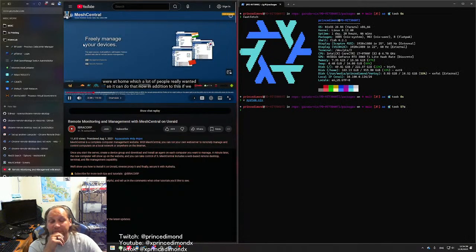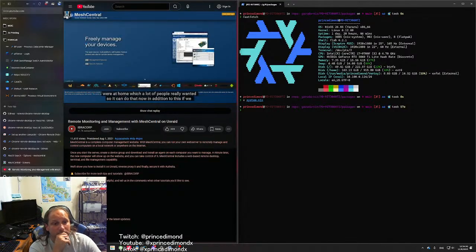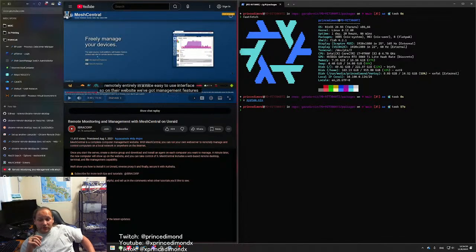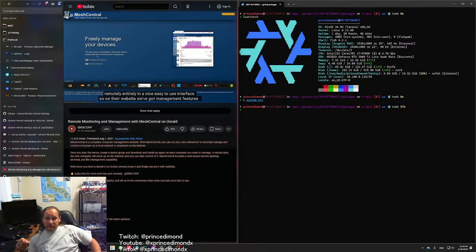Which a lot of people really wanted, so it can do that. Now, in addition to this, if we can get something like this set up, this will help us even more, because we can then access machines remotely entirely in a nice, easy-to-use interface. So this brings up an interesting point also. If this can be done using Tailscale,